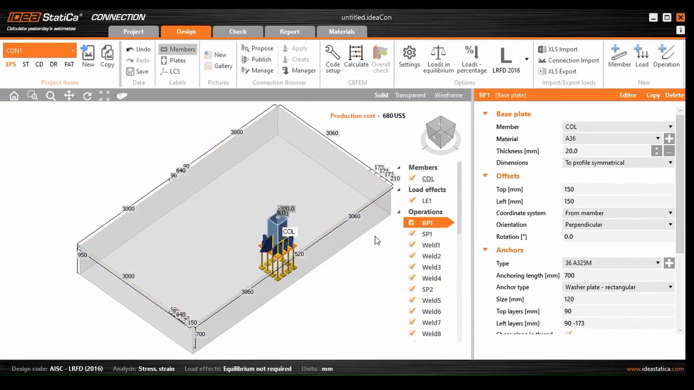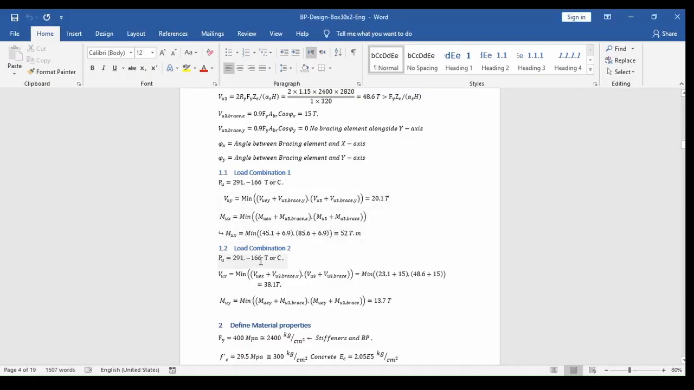Well, so far so good. The connection is entirely modeled. Now we get to the loading and imposing designing forces to the node. These are, as I mentioned earlier, our forces that should be exerted to the connection at the same time. In load combination 1, we have 291 ton axial compression force here, which is approximately